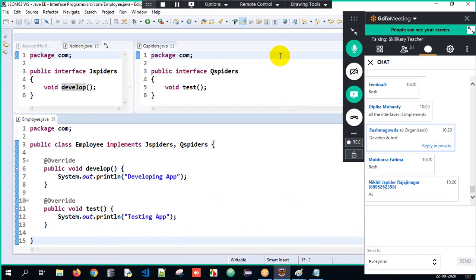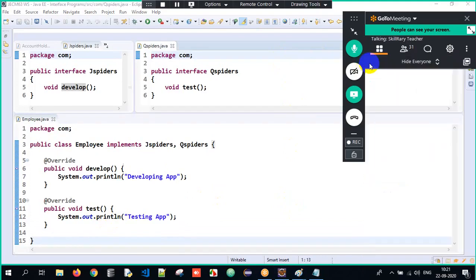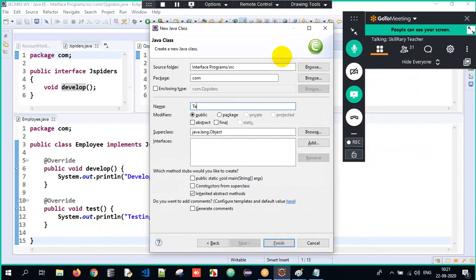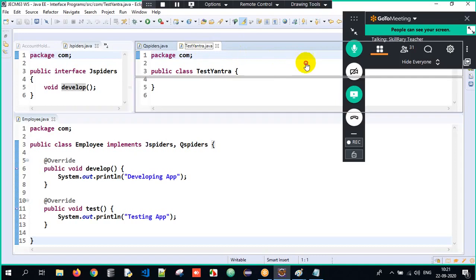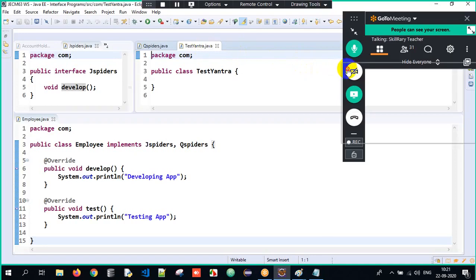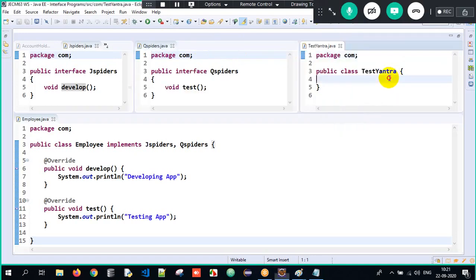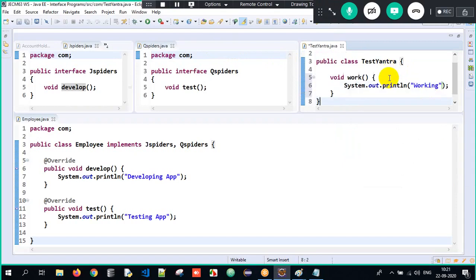Got it? But now imagine we have a class called, one company name, imagine it is Test Yantra. So we have a class called Test Yantra. In that class, we have a method called void work, and here I'll write working.